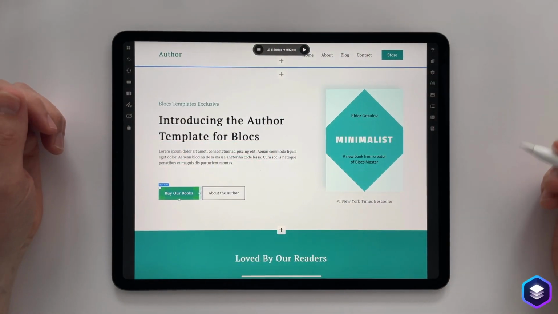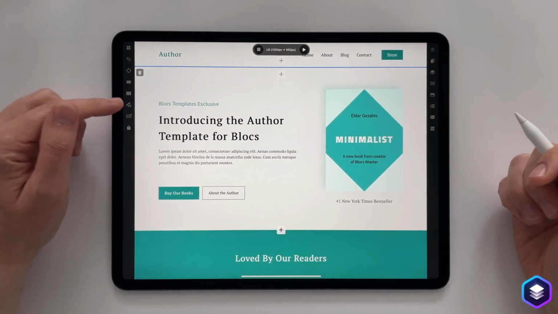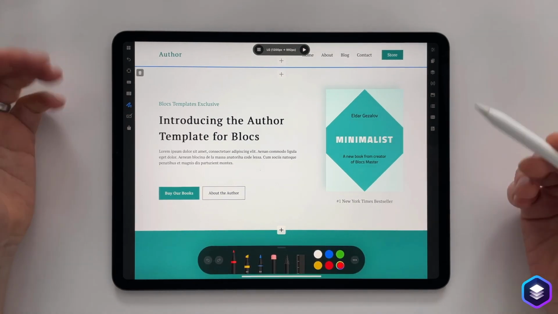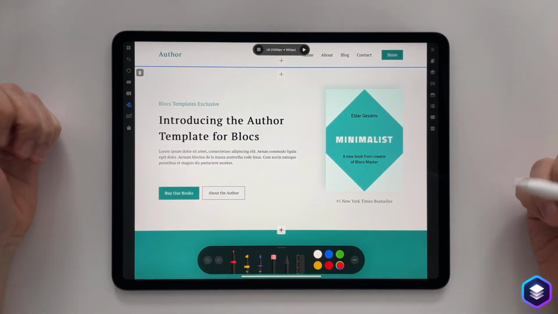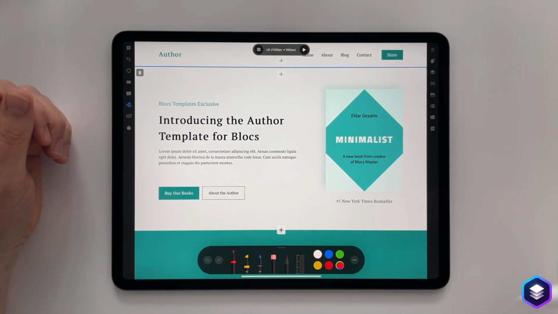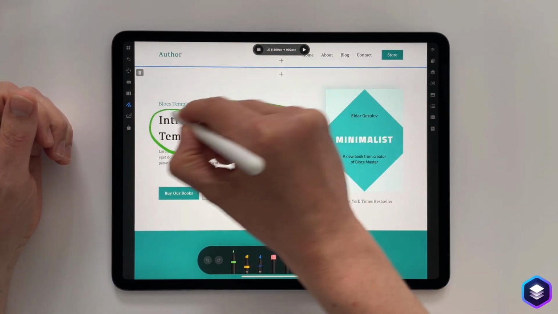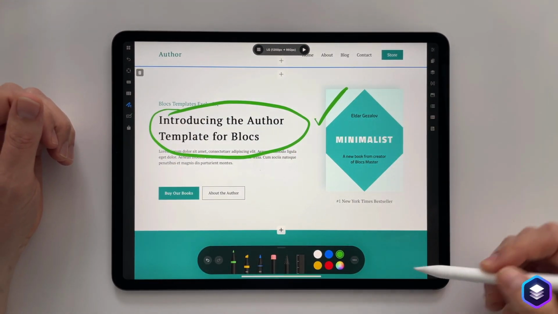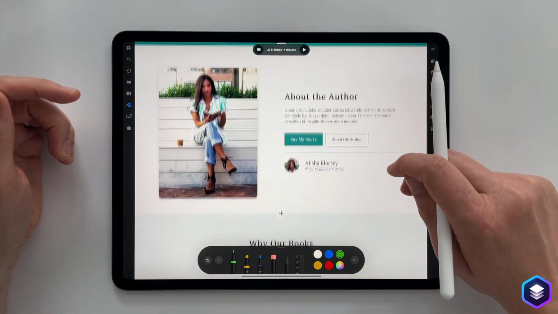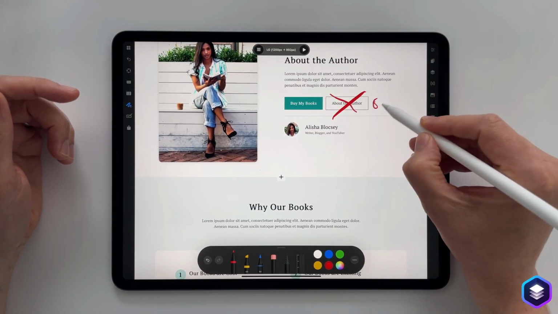Another feature in this version of Blocks, which is unique to the iPad and uses Apple Pencil, is annotation. With this, we can actually make notes on a website. So imagine you're on the phone to a client, or you're sitting with a client and you're getting direct feedback. We can draw things directly onto the website that we know the client likes. And we can also make changes that maybe the client doesn't want.